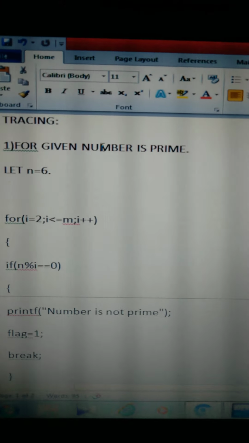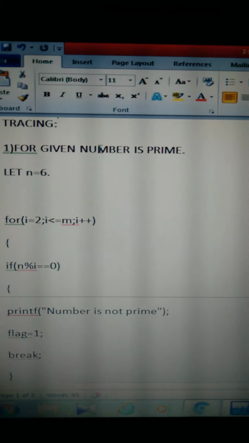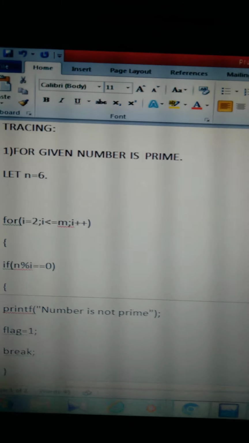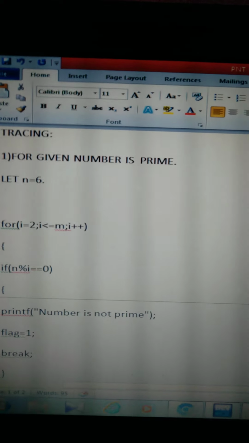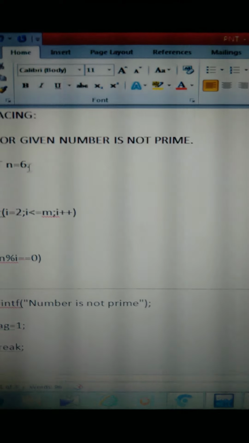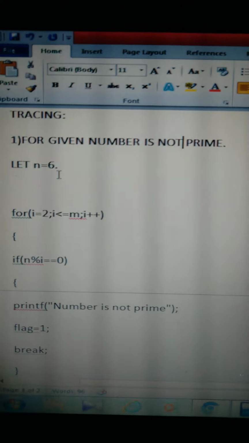Here, first we are tracing for a given number that is not prime. Okay. Now let us take any number here. Let us take 6.